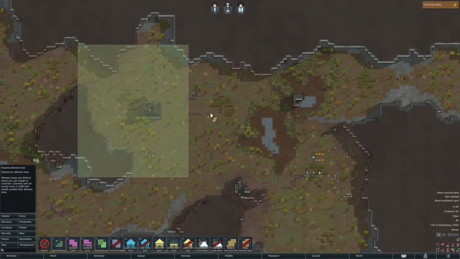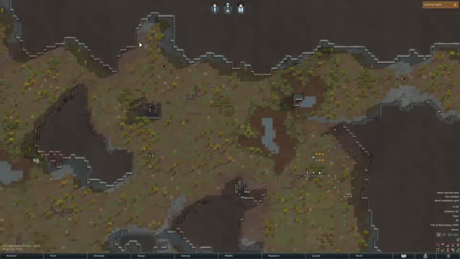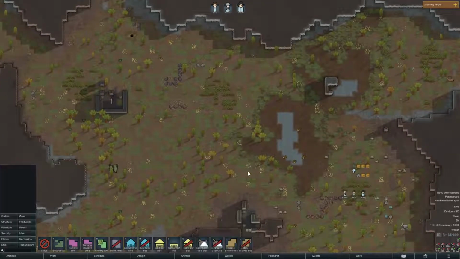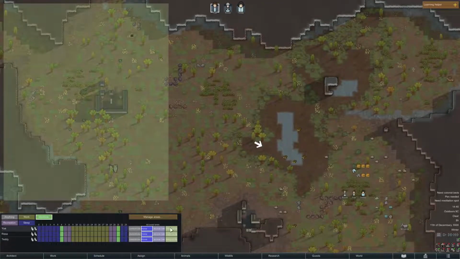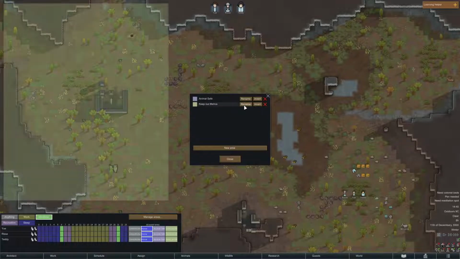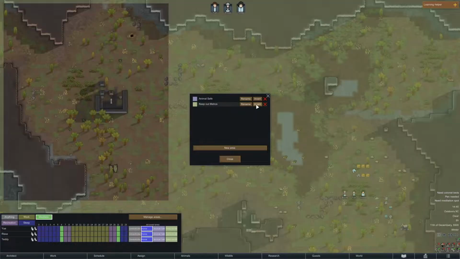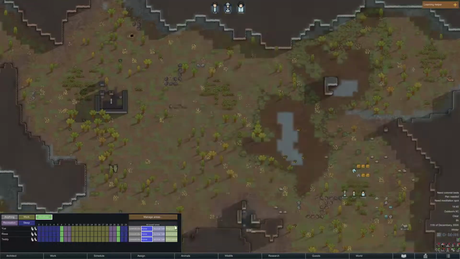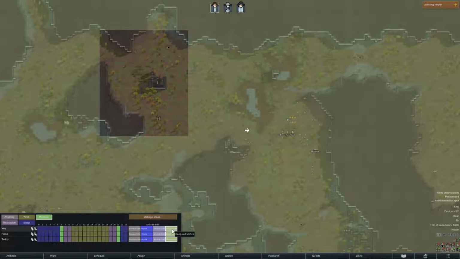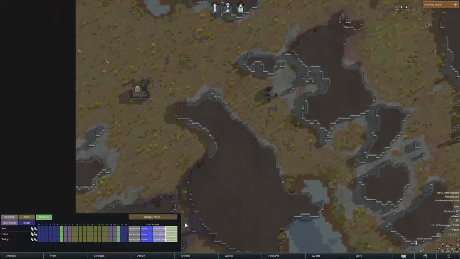And you go, right, that's in place. I could set all my colonists. Oh no, that'll set them to go into that area. So what you need to do is come up here and you go invert. And now you can set all your colonists to that and they will not go inside that clear box that you can see there. And that's how you can eliminate sections of the map so that, you know, you don't get